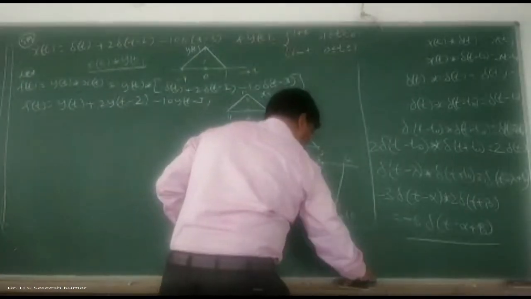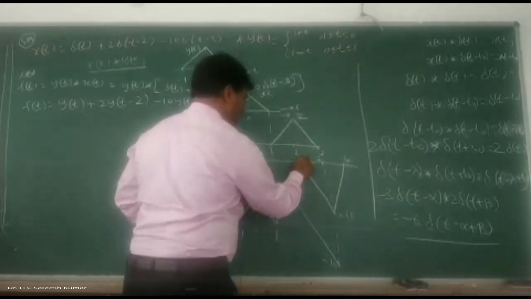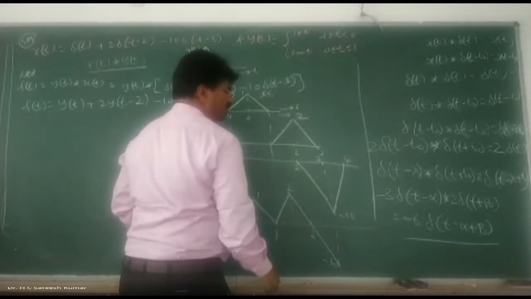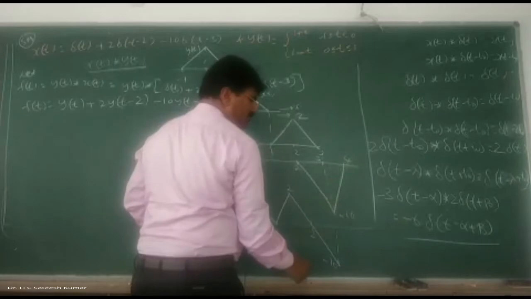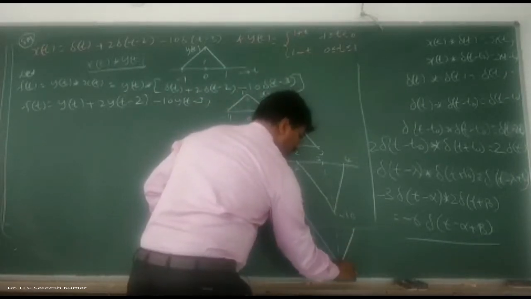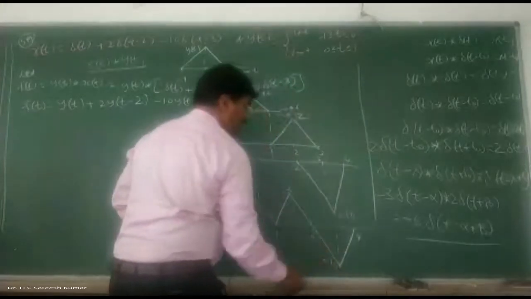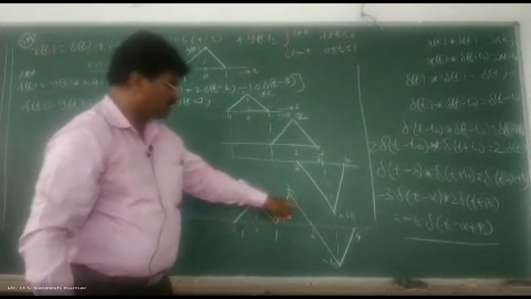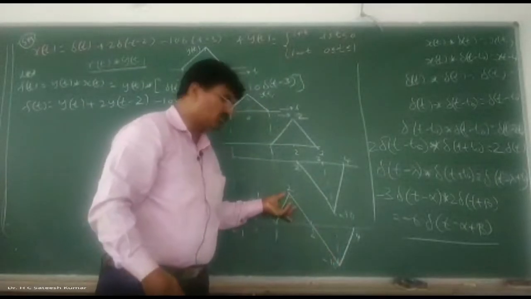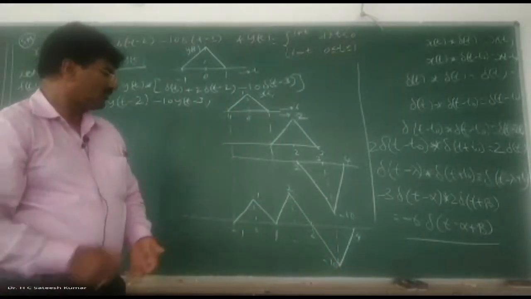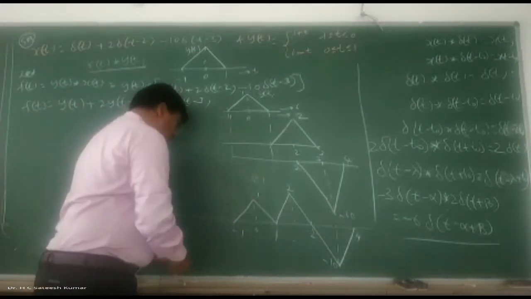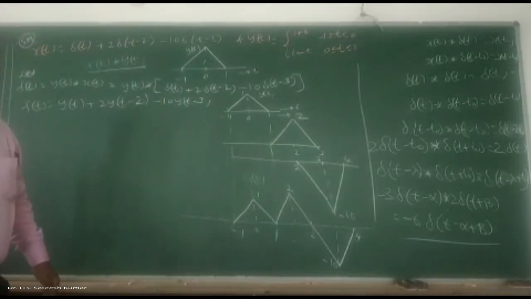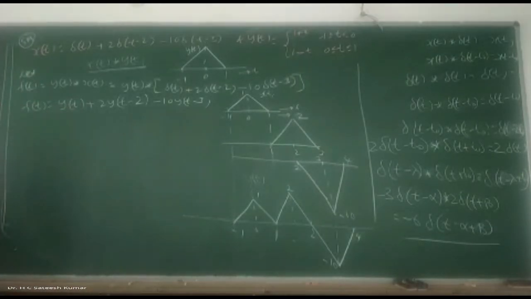Next. So this is your 2. Next, 0 plus increase by 10 units. I am not writing to the scale. Sorry, I don't have enough space here. I will have to go further because it is 10 units, while this is 2 units only. Okay, right. So that's how we should do it. This is your y of t. Since we have used the property, I don't need to do convolution. It becomes mere addition. This is one of the 5 marks questions that we have seen. Right, go for the next problem. Similar kinds we have seen in many papers.